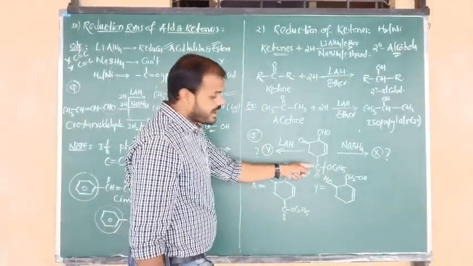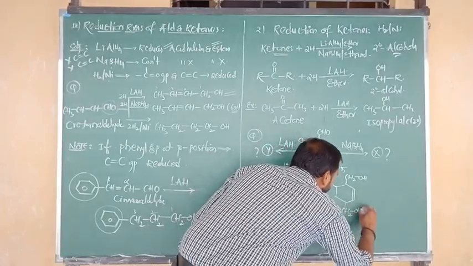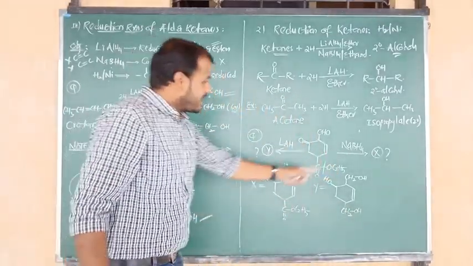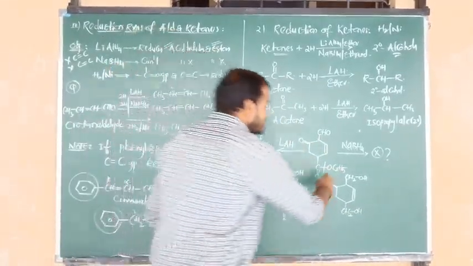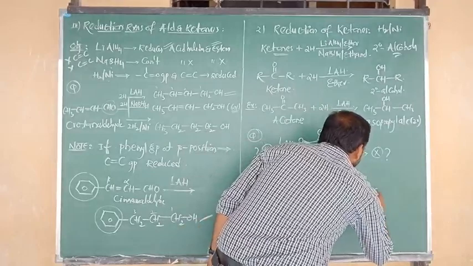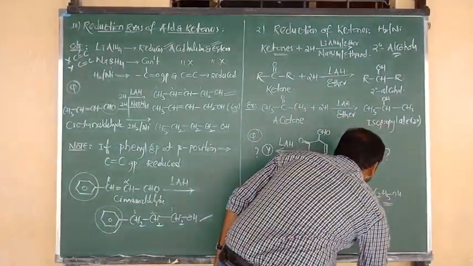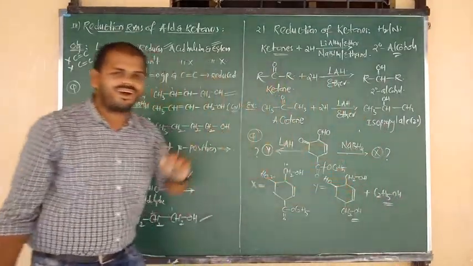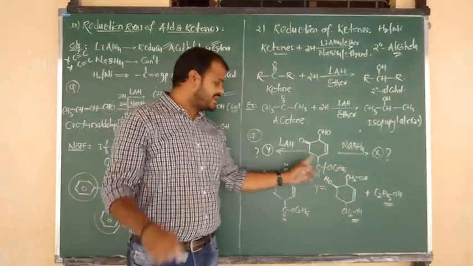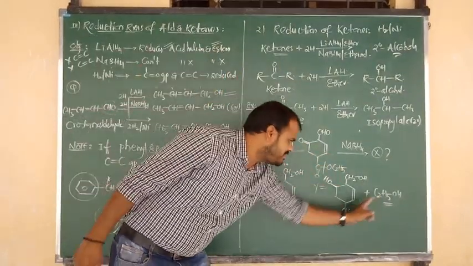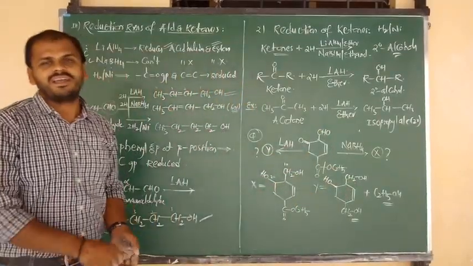Okay now, below one carbon is there, the carbon connected to CH2OH, one alcohol. Another C2H5O fragment is there, that will get another hydrogen, meaning reduction. So C2H5O also changes into another product, that is C2H5OH. Means here you are getting a mixture of alcohols. I hope you understand. So esters upon reduction with lithium aluminum hydride will give a mixture of alcohols. Aldehyde into primary alcohol and ketones into secondary alcohol.